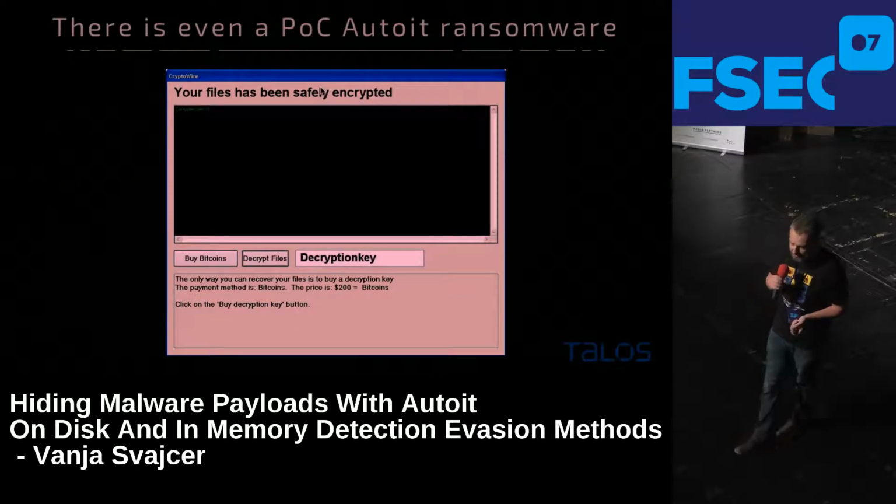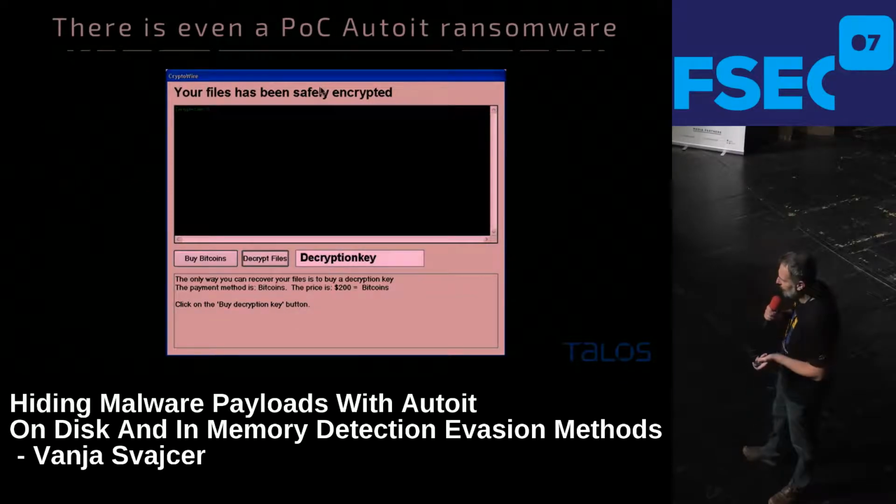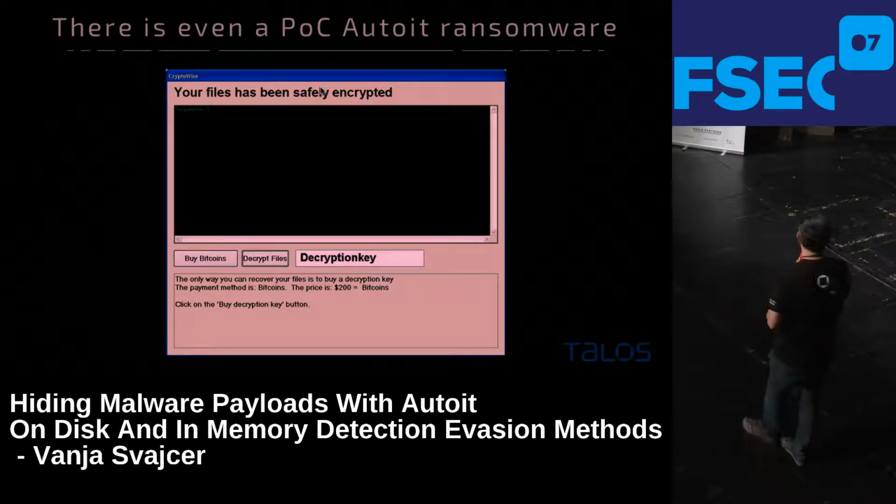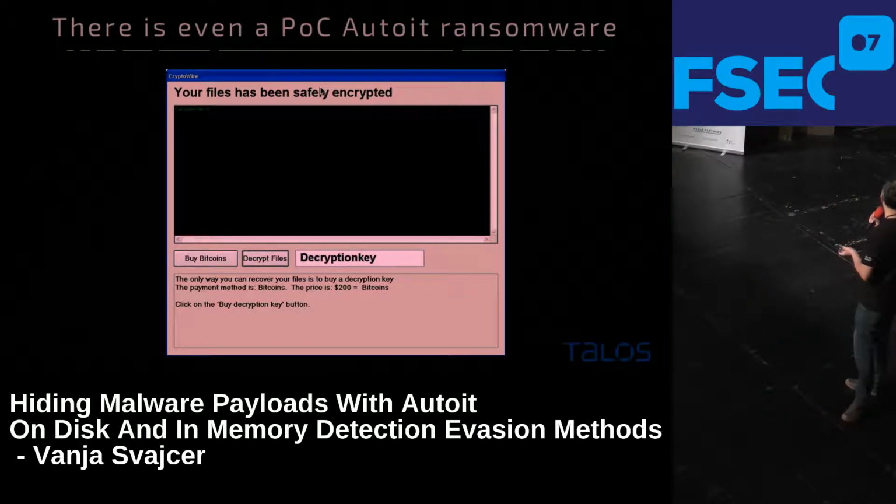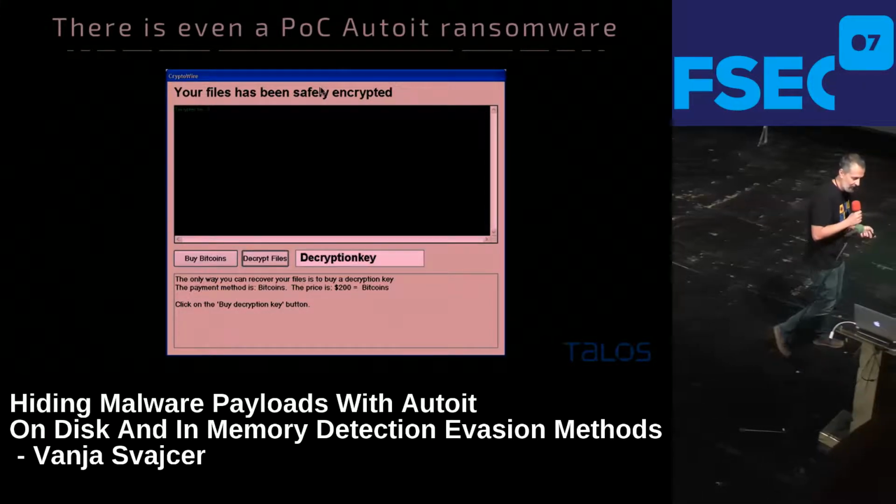There's even a real ransomware written in Autoit. This is an open source project, just to show that Autoit is a fully functional language. This is not super great, but you could see that the price is the equivalent of $200 in Bitcoin, roughly equivalent to what every other